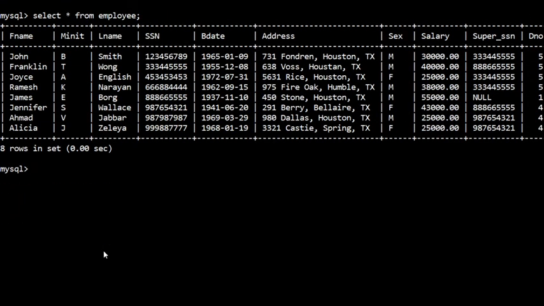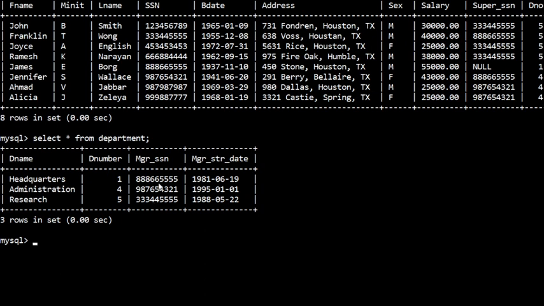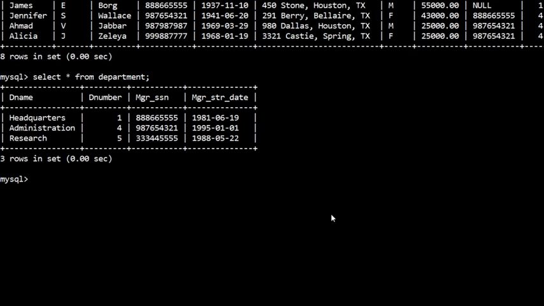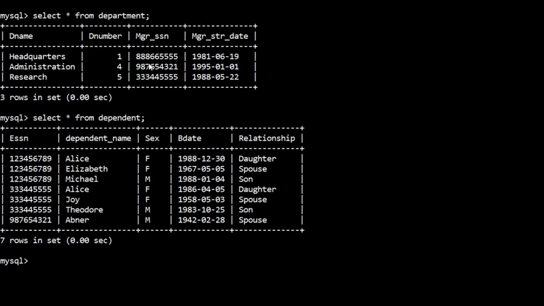so this is the employee table and department table. Okay, now these three people are the managers. You just observe this SSN, manager SSN. Now I'll show you dependent table. Okay, see here these two, the last tuple and the remaining three from the last. So these two people are the managers.